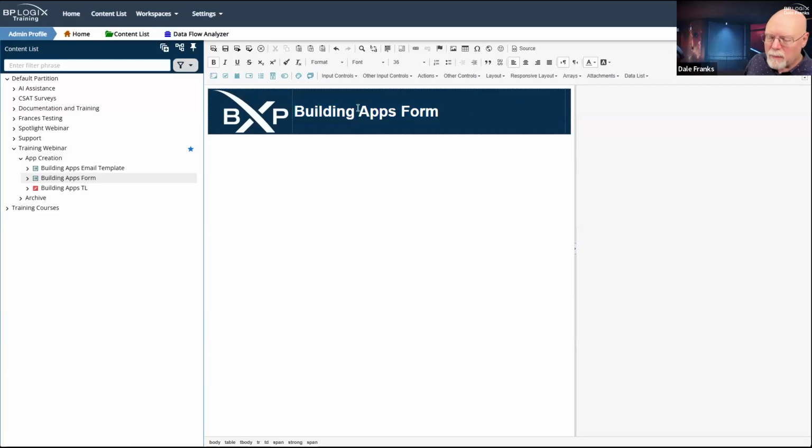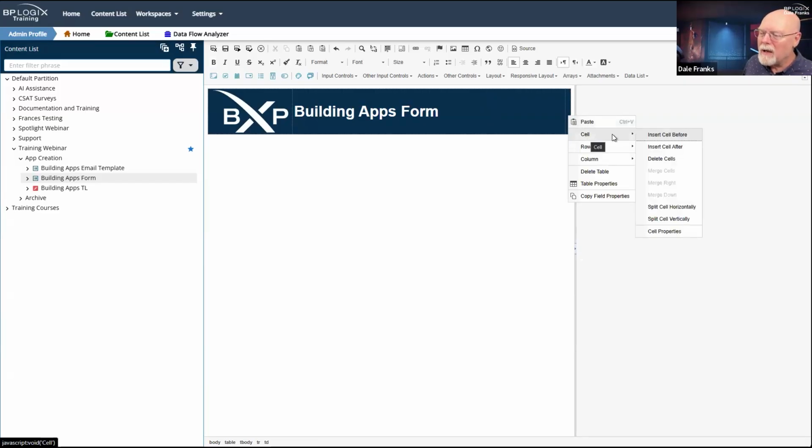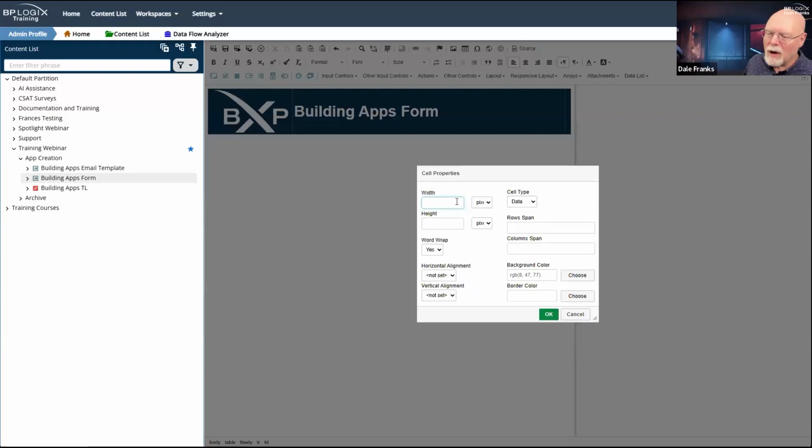I've already got the appropriate horizontal alignment. I especially don't want to change the width of the cell. I want the cell to be sort of a free-flowing width. And I'll tell you why. Because over here in this cell, this is where I'm going to need some extra space. So I'm going to right-click, go to Cell, and Cell Properties, and I am going to set this to about 300 pixels.